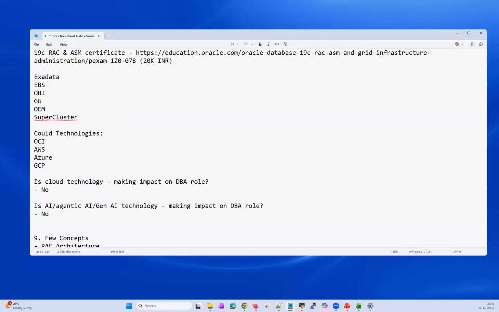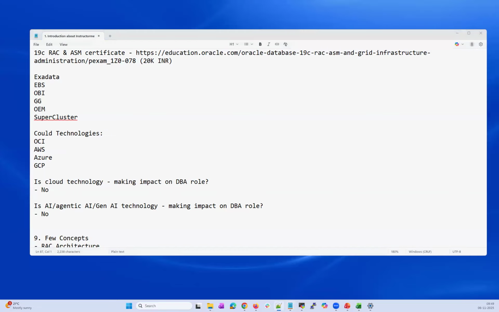Right? So those are helping. These are kind of a helper to DBAs. Rather than spending hours of time on maintenance, administration, or day-to-day health checks for my database, use this AI agent, agentic AI, Gen AI, ChatGPT, and then complete your day-to-day activities. Other than spending 2 to 3 hours every day, using these AI agents or ChatGPT, you can write your own script and complete your task within 5 to 10 minutes. Those are kind of helping DBAs. They are not for replacing the DBAs.